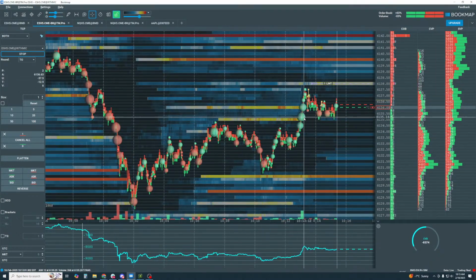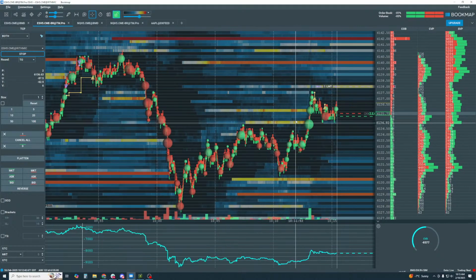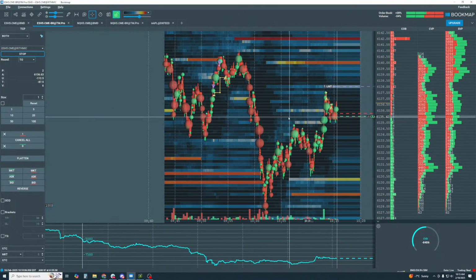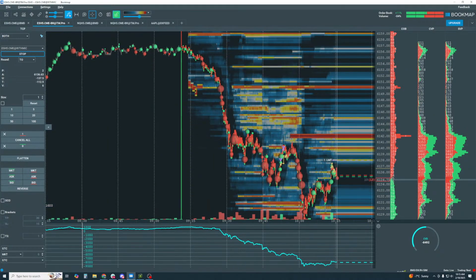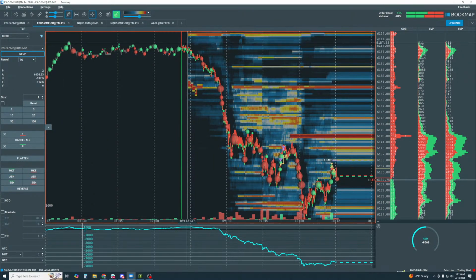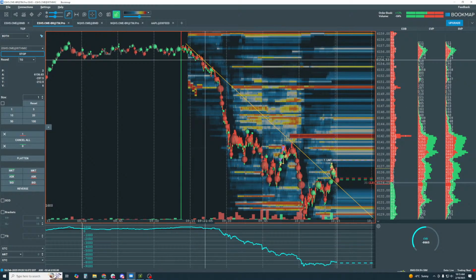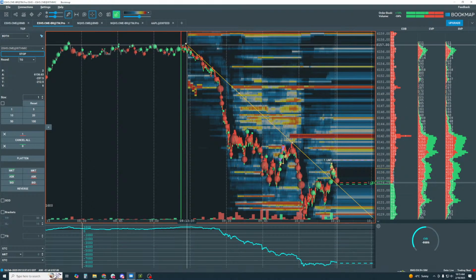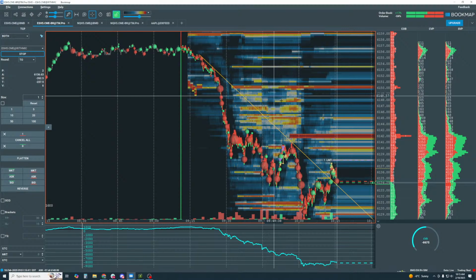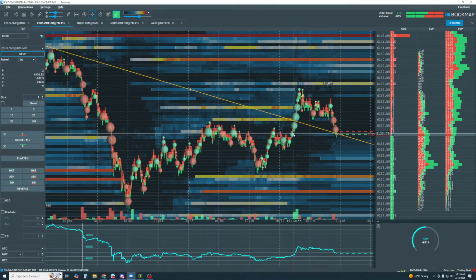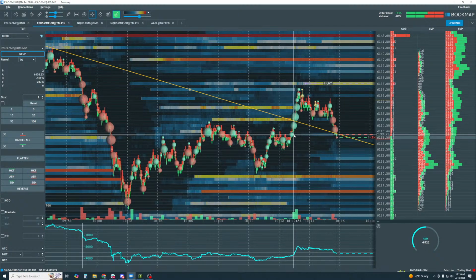All right, so anyway, here we were talking about a break of structure on that higher time frame. So let me zoom out here and let me kind of duplicate the structure. Kind of a sloppy trend line. Okay, well, yeah, we might see sellers come in and try to take it down now.